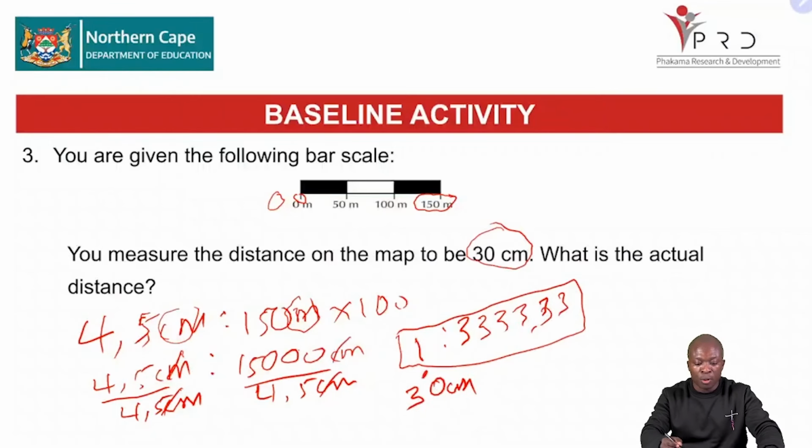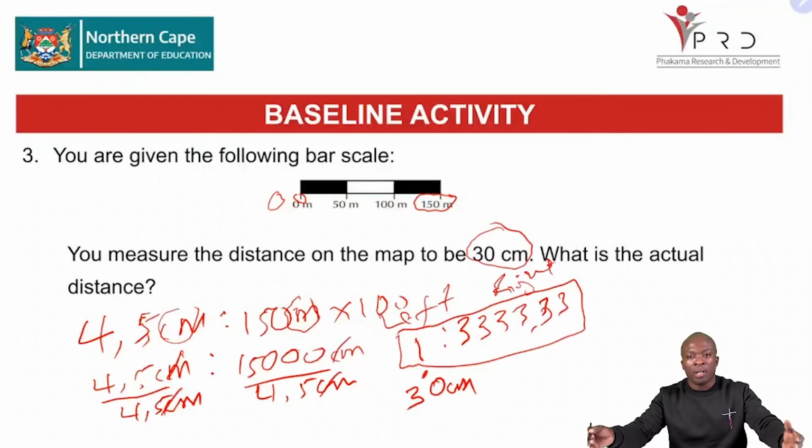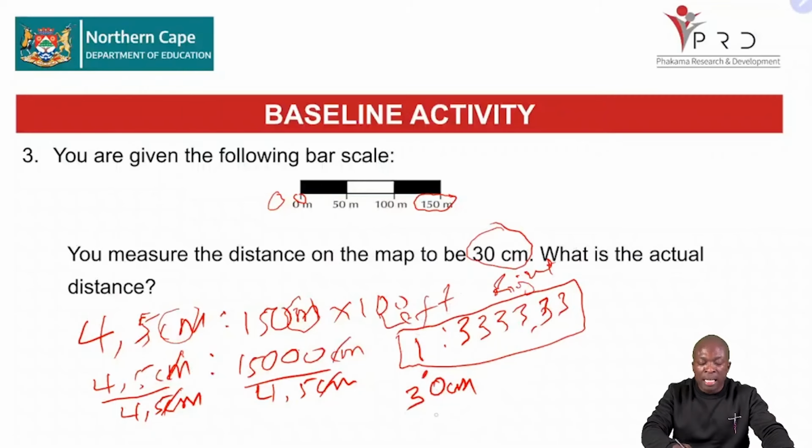So now that we have gotten 30, you write your 30 underneath the 30. Why? Because remember, you have gotten your scale now. The value on your left is the map value, and the value on your right is your actual or real value. So now the 30 centimeters is from the map. So the map value divided by the map value on the scale. Then we multiply by